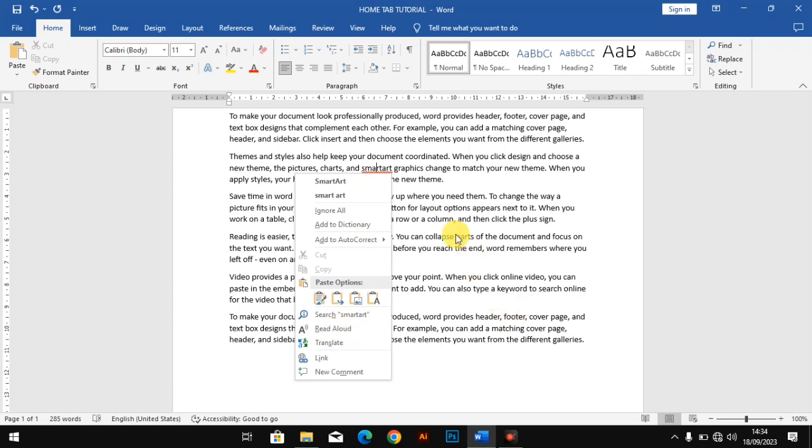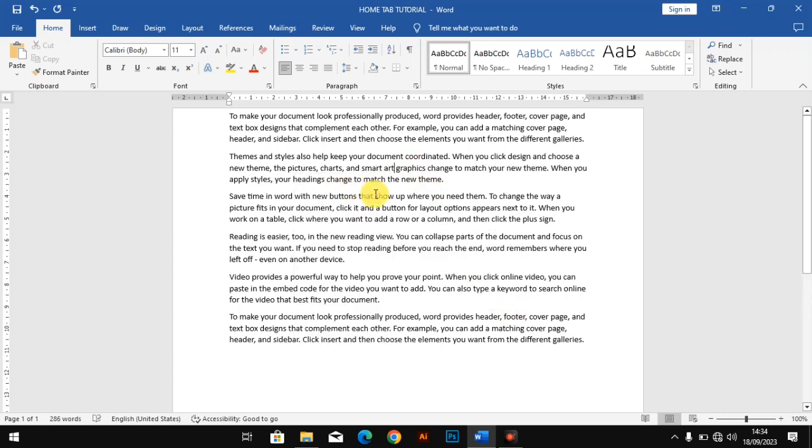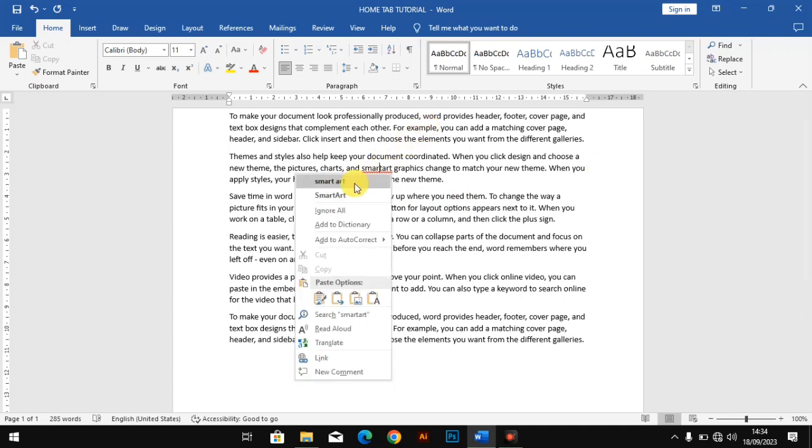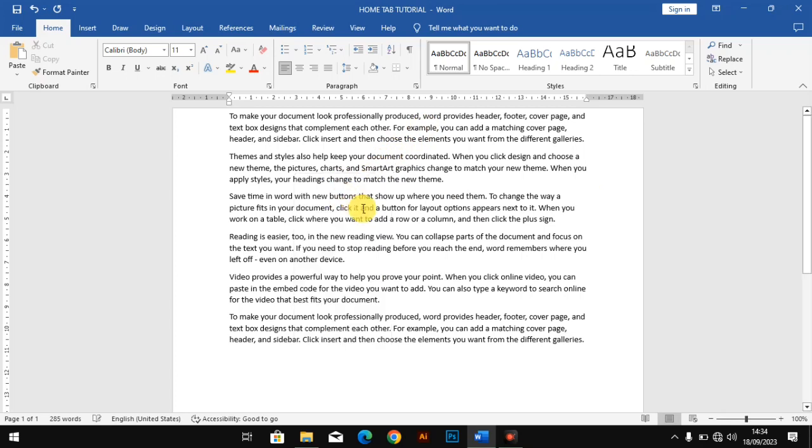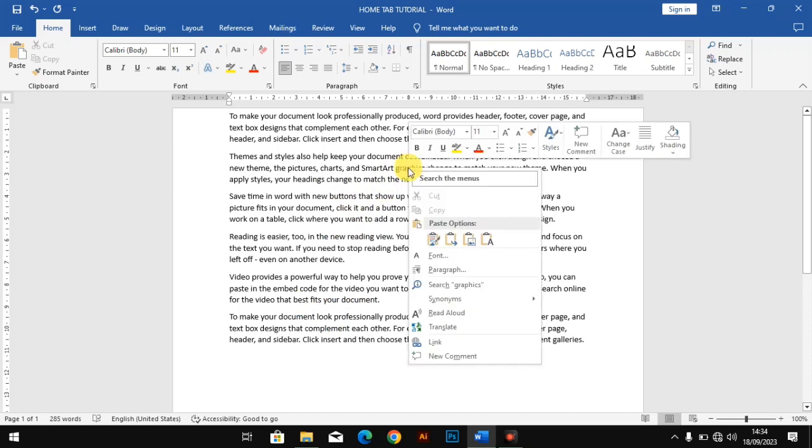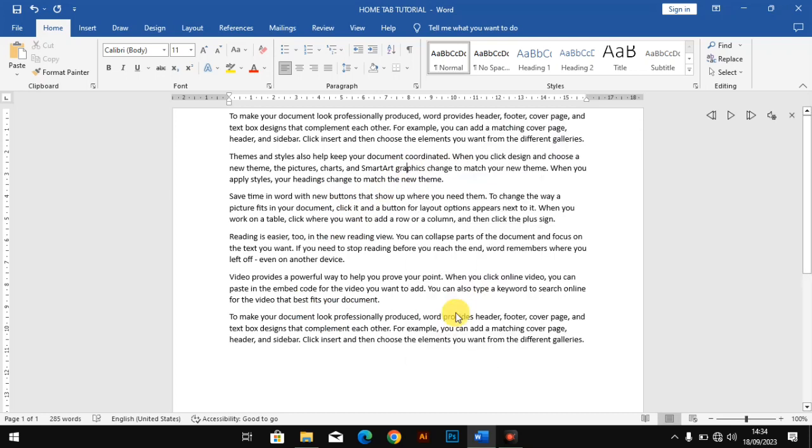For example, if I come here and click on it, first let me change this. Yeah, so as you can see, it will be like that. But if I come here, I want it to be like this. So this one is SmartArt, so I will leave it like that. So that is the correct word. Now I want to show you what Read Aloud means. When I click here,